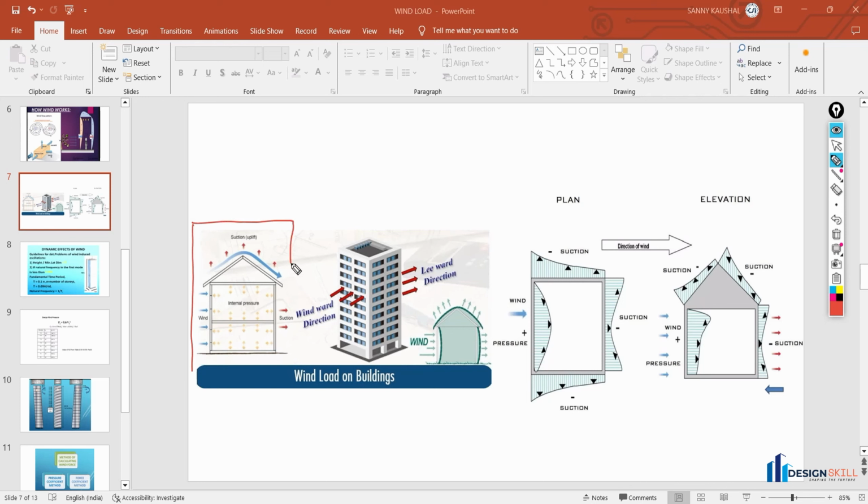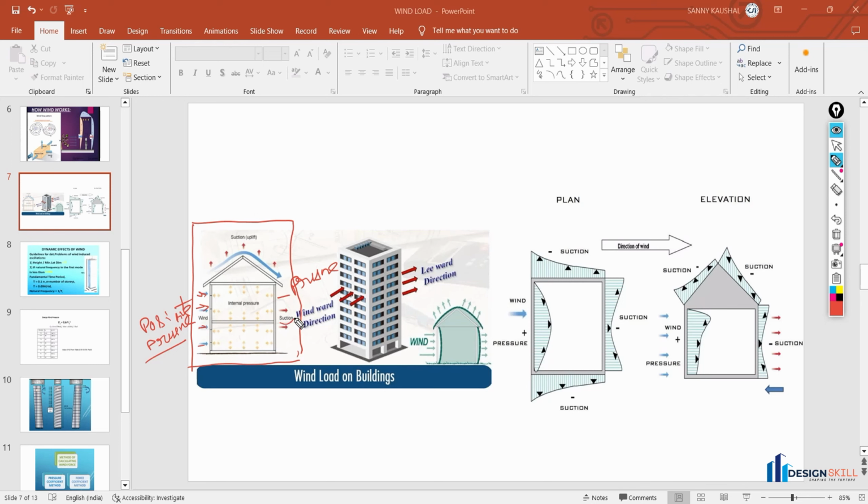So if you look at this diagram, you will find that this is the elevation and the wind is applied in this direction. So here the positive pressure is created. I will call this the positive pressure, and just rear of it, or we can say just opposite of it, there will be a negative pressure here. So I will call this the negative pressure,